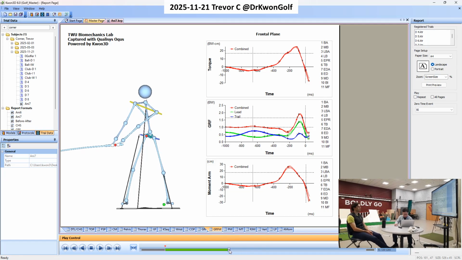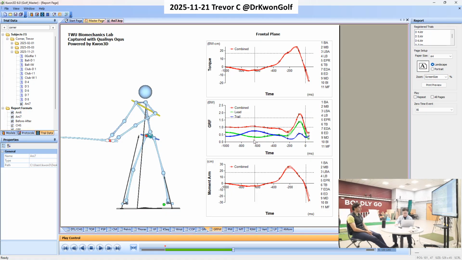So generally what we have is a quick early action here. Right. And then this difference should increase more here. So you have more force acting on the trail side and less on the lead side. So you have to have a good loading, but this is difficult because your pelvis is already shifted